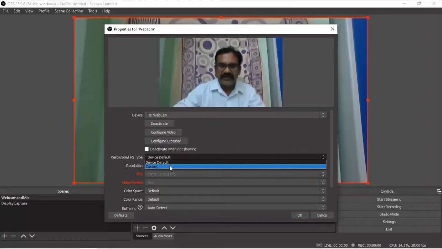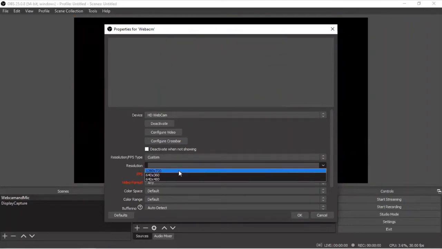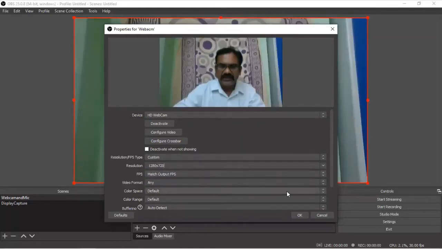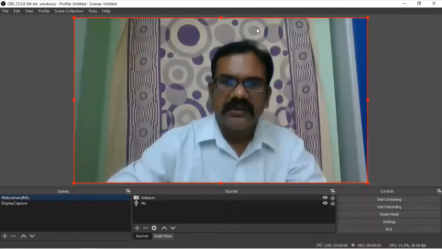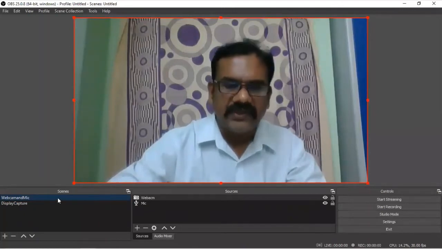Resolution FPS type custom, and then we can define an HD quality of 1280 by 720. Keep the other things as they are, or you can change them as per your requirement. Click OK. Now the audio and video are added to the first scene.